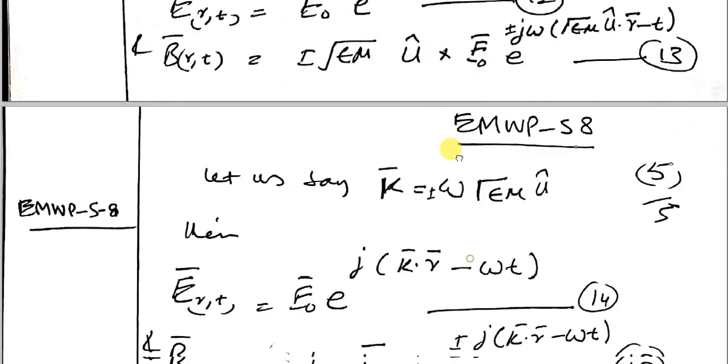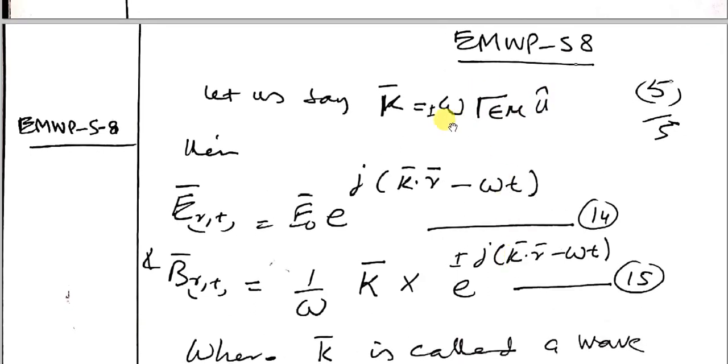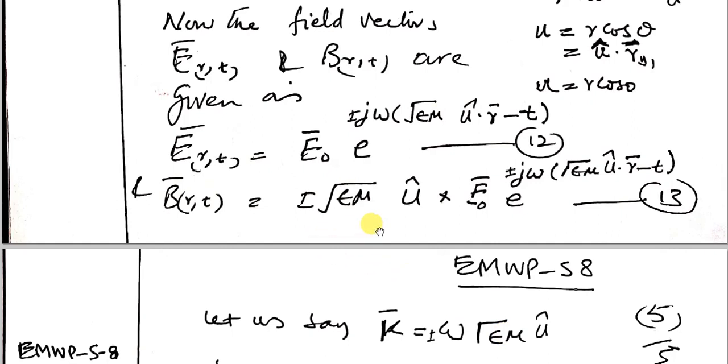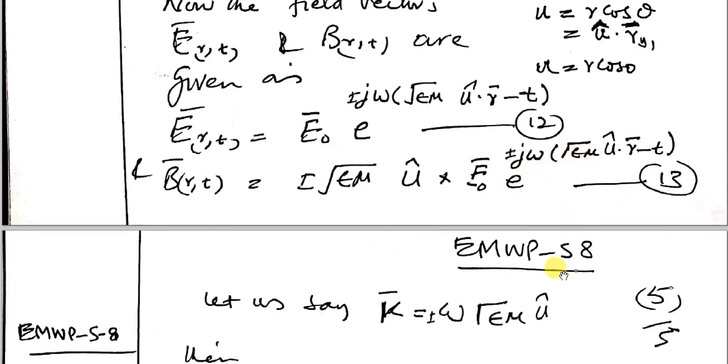Now let us say the vector k is equal to plus or minus omega square root of epsilon mu times the unit vector u. The quantity omega times square root of epsilon mu we take as k,